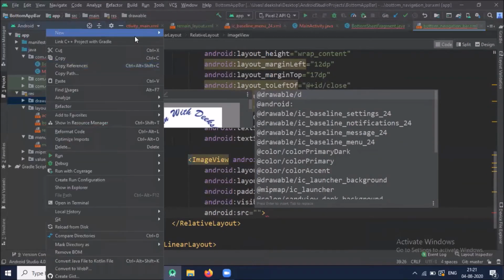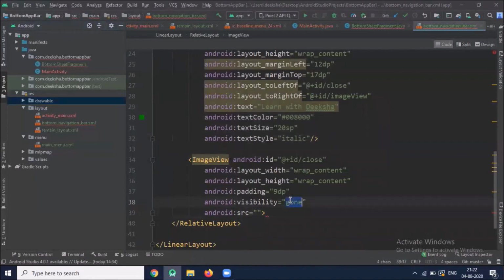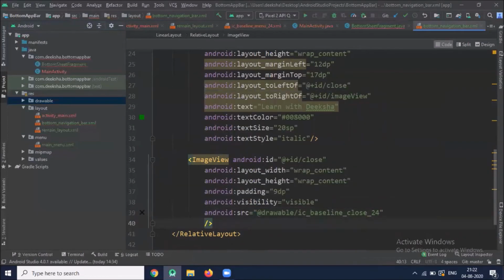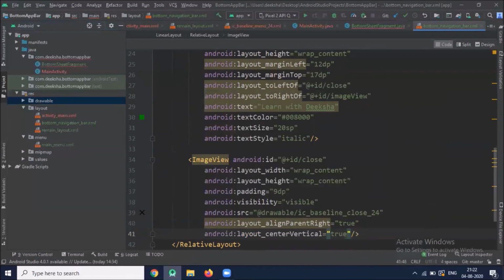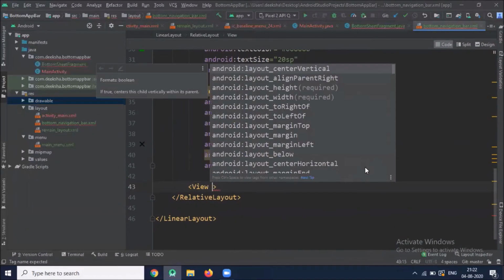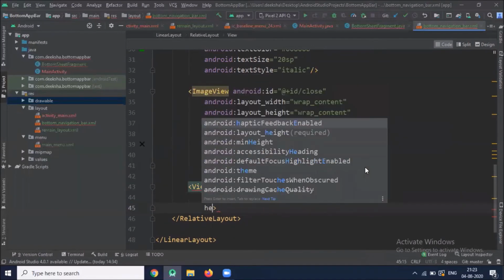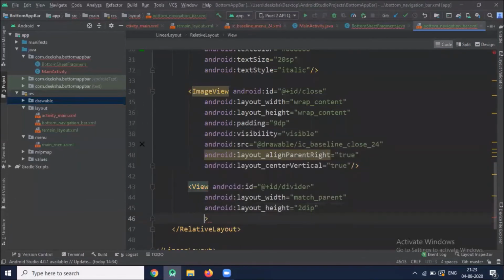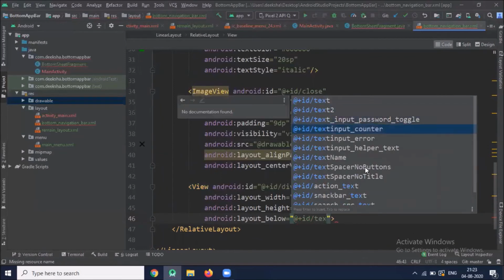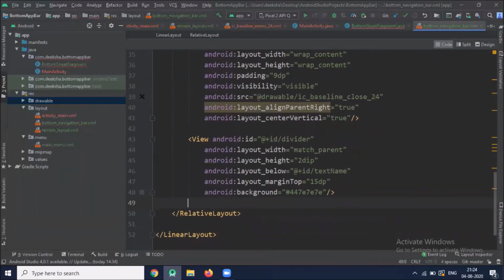Here we create one vector asset in drawable folder for close. Now we create one divider. Now we add navigation view.